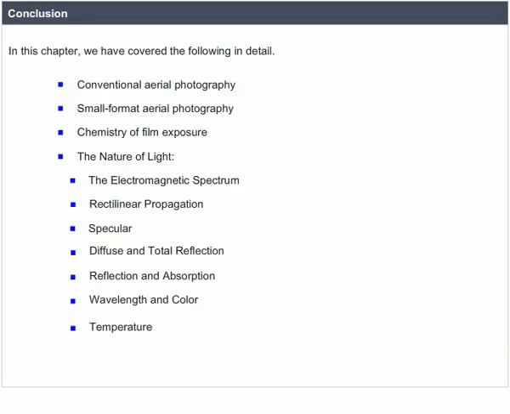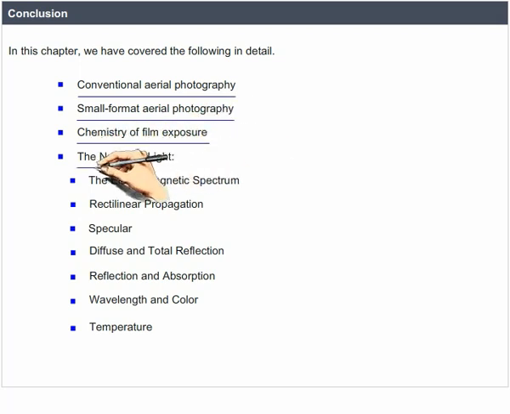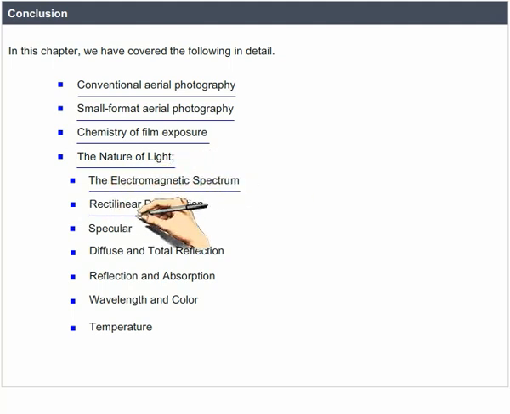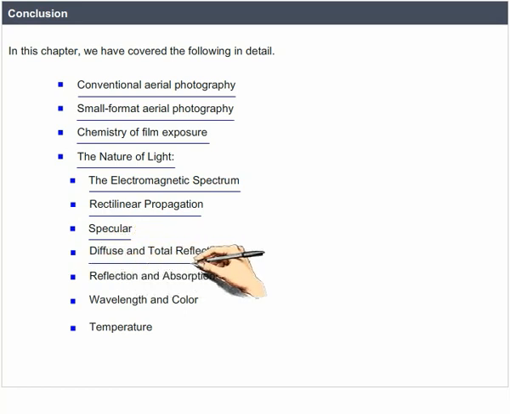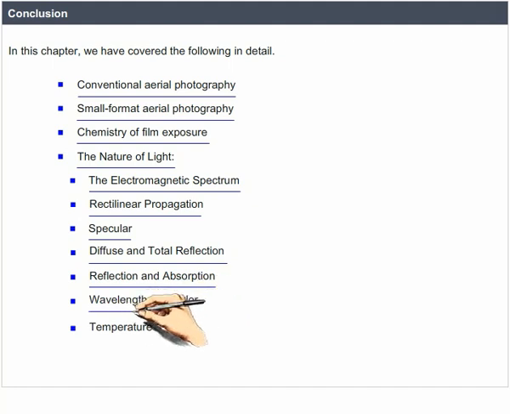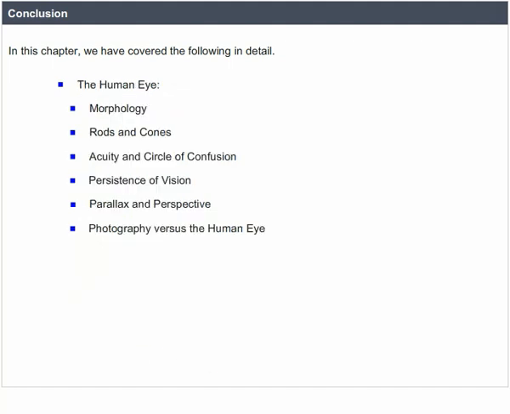Conclusion. In this chapter, we have covered the following in detail. Conventional aerial photography, small format aerial photography, chemistry of film exposure, the nature of light, the electromagnetic spectrum, rectilinear propagation, specular, diffuse and total reflection, reflection and absorption, wavelength and color, temperature. The human eye, morphology,